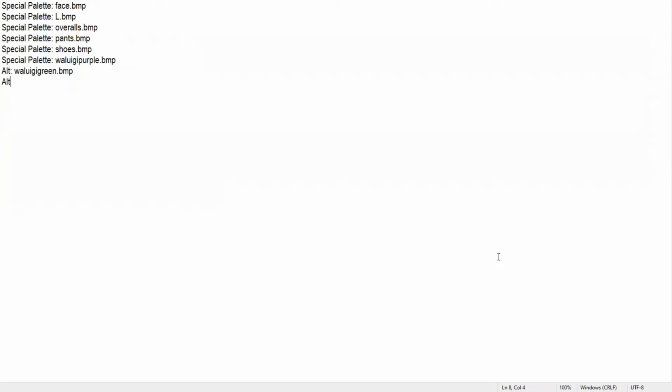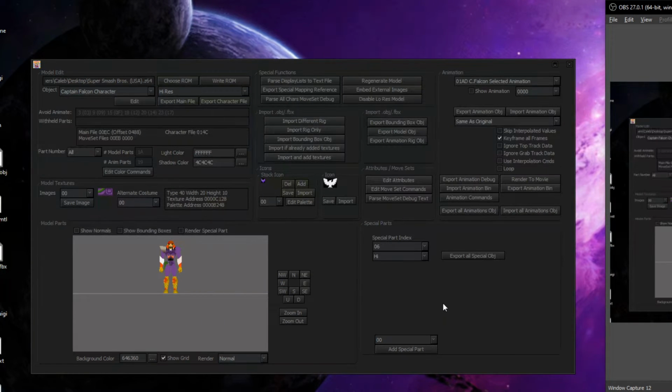And those will correspond to alt 1, alt 2, alt 3 in GoldenEye editor. And you can check your character in GoldenEye editor to see what their alts look like, so you can get the right colors if that matters to you. For the purposes of this, I'm just going to lay them out like special palettes like this. Okay, now you should be